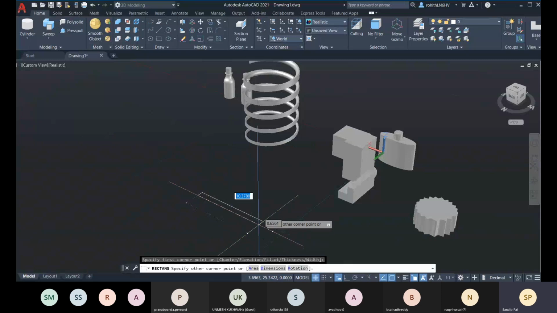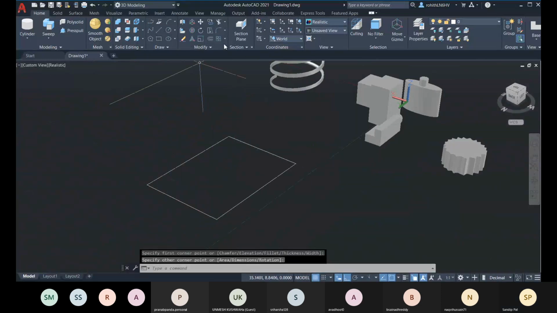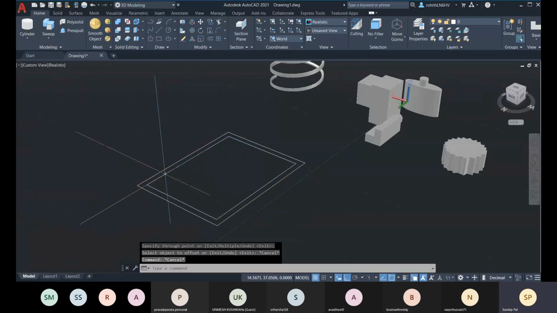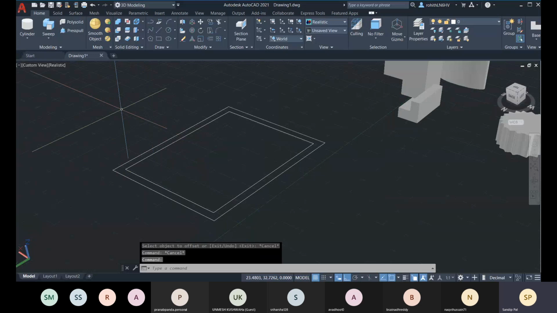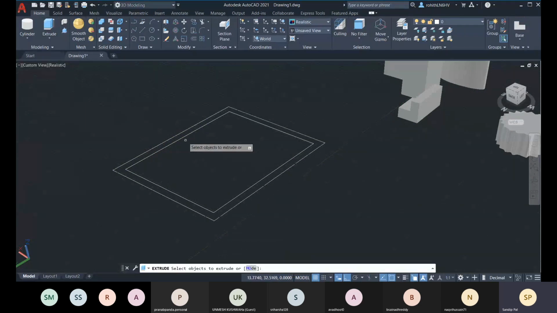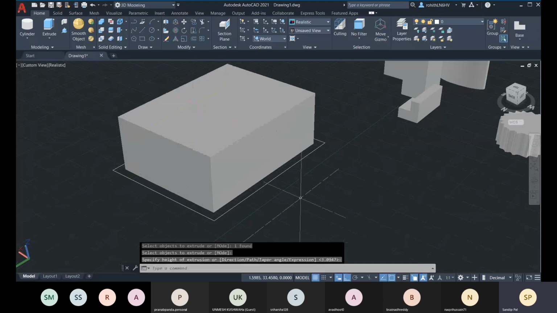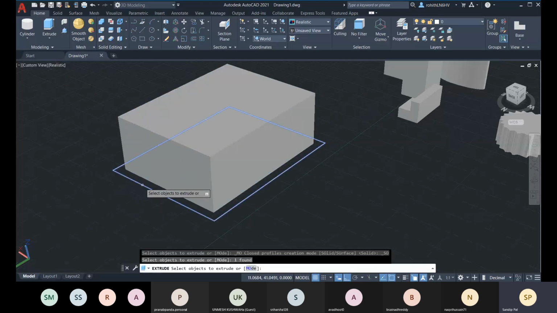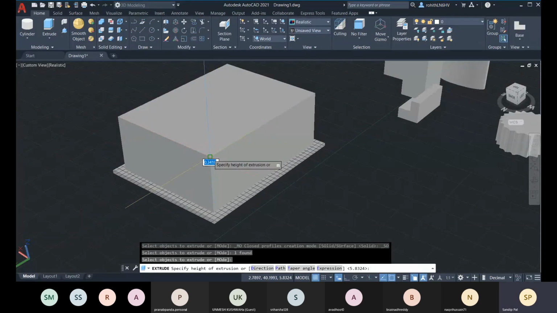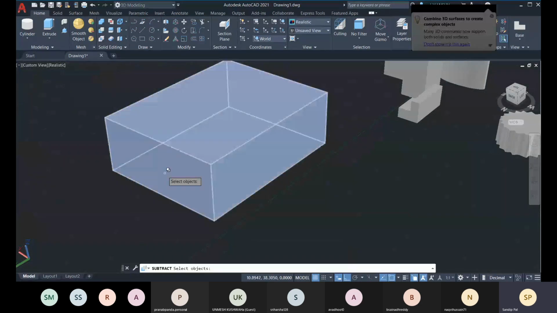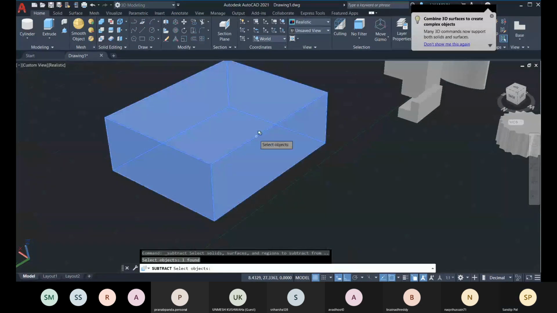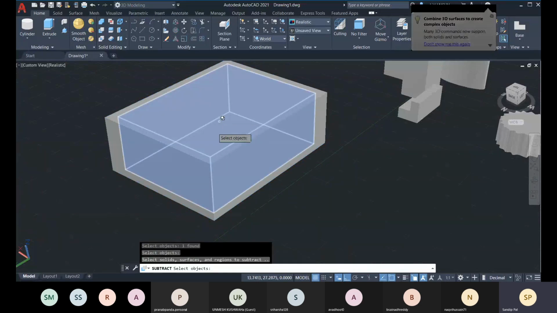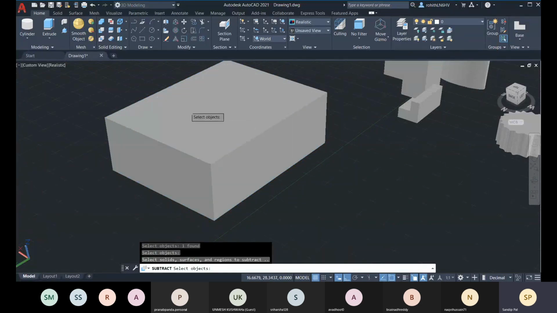So suppose you have one 2D element, and let me go with this offset. I'm going with a random value. And suppose you want to extrude this. So you cannot go with the normal extrude. It will be like this one will be extruded, and then you have to extrude this one to match this height. And then what you will do, you will subtract it, this as the first element, and then press enter, and this will be the inner element. So if it is merged within, you have to check selection cycling on, then you can see it,